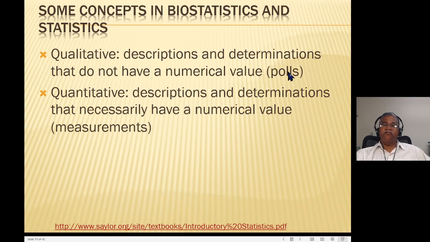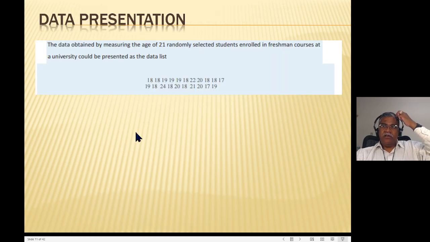So the polls are more about trends. They always say, well, we have the poll on the first of the month, and then you look at the graphs and it's like, well, where does one party have an increase? Did somebody do something in the election, something notorious? And then you see the trends go up and down, and somebody gives a speech during the convention, and then in the polls you get a spike, and then the other party gets a spike. All of these tell you what has gone on in terms of the trends, right? But measurements actually have a numerical value.